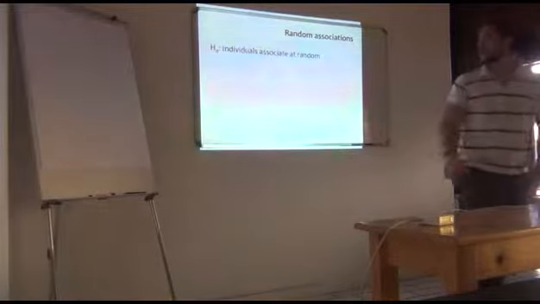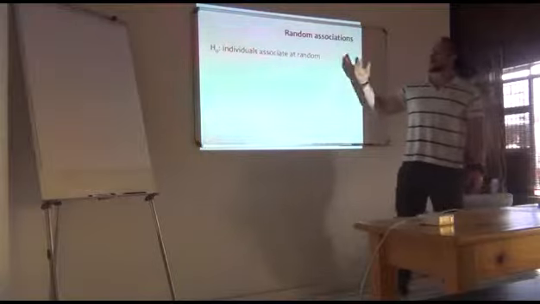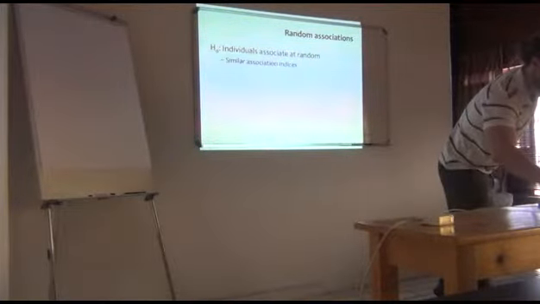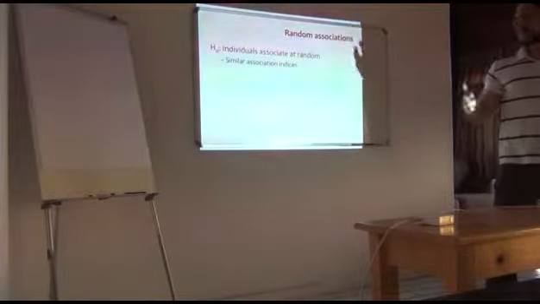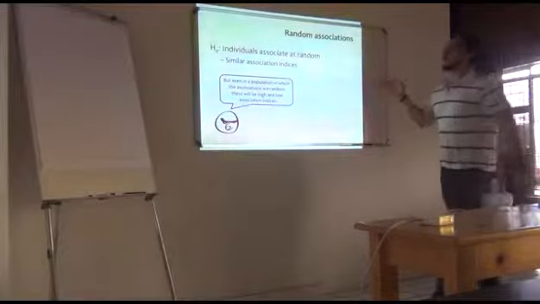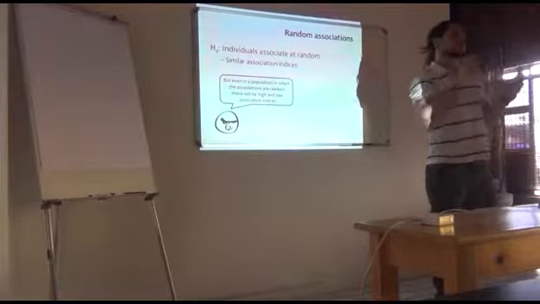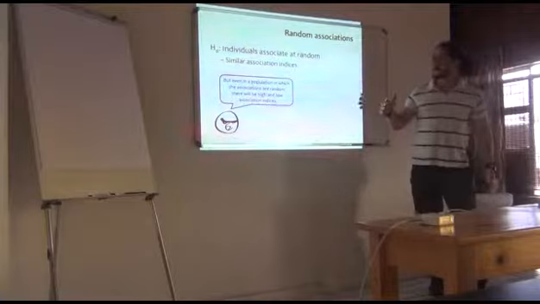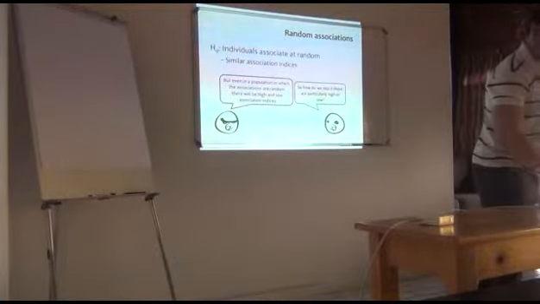So to put it more formally, our new hypothesis would be individuals associate at random. And so that means all the association indices are similar. We can see, just looking at our matrix, that there's some variation. There's some zeros, there's some 0.3, there's some 4 point something. So there will always be variation, but how much variation we need